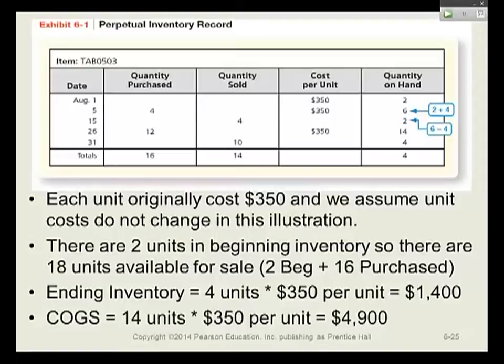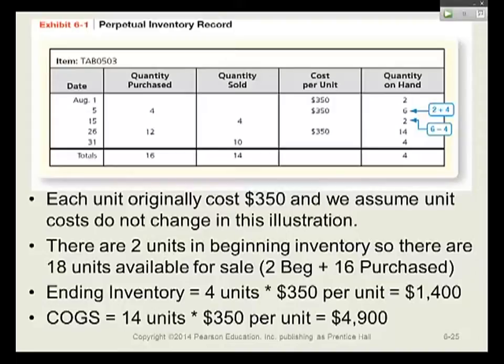If we do this by units, I've got 2 units to start. I purchased 16. I have 18 available. The ending inventory is going to be determined by saying that if I sold 14, then 4 have to remain. The beginning inventory comes from the previous month, because the balance sheet inventory account is what? Cumulative. So in this example, the textbook may not make this clear, but you did start with